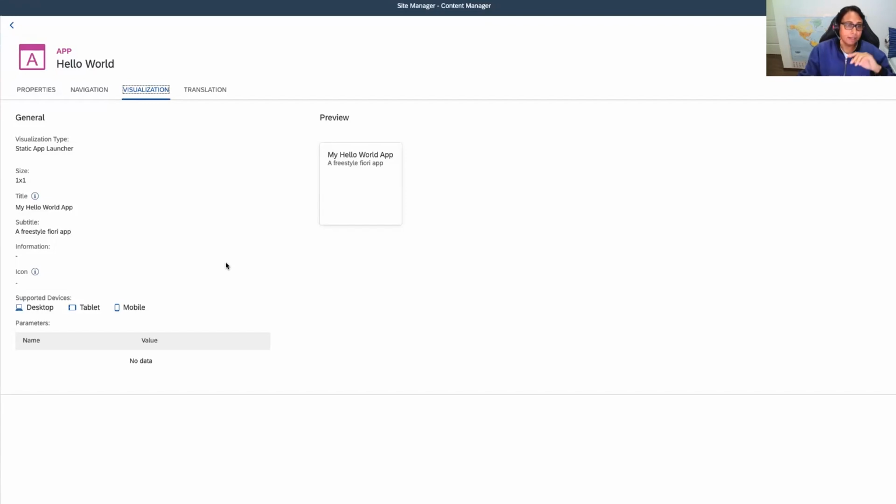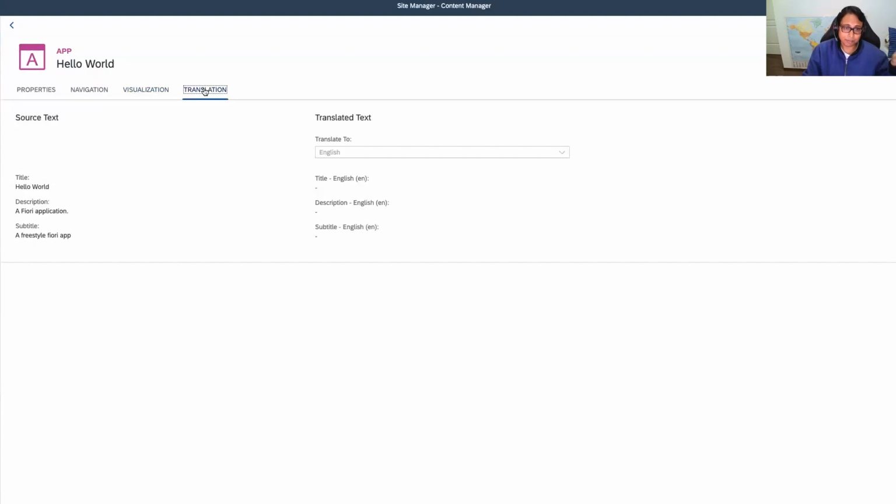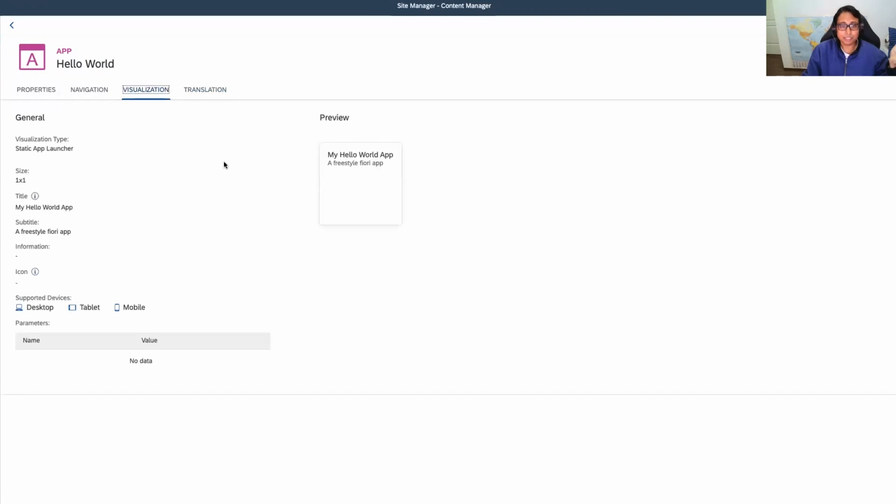Obviously, in the next exercise, when we see the application running inside mobile, we should be able to see this application as well. Good. Having said that, there's another tab for translation where you can create and add the different translated text for different languages, which would then, depending on the browser language or actually the LaunchPad service language, be resolved based on the browser language and the hierarchy of it, and would then pick the corresponding title, etc., based on the language. Now, this is what is generated when you deploy the application, and the information that you have provided in the application